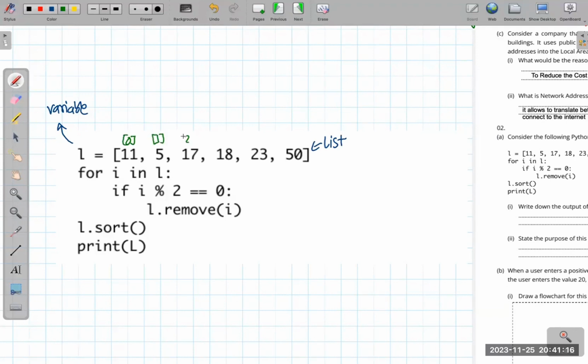Index number 0, index number 1, index number 2, index number 3, index number 4, index number 5. Do you all agree with this? Okay. The next thing is there is a loop. This is a loop which repeats again and again. For I in L, okay, I variable